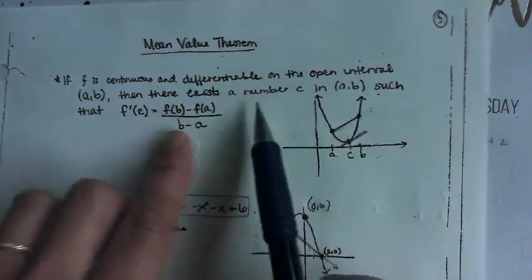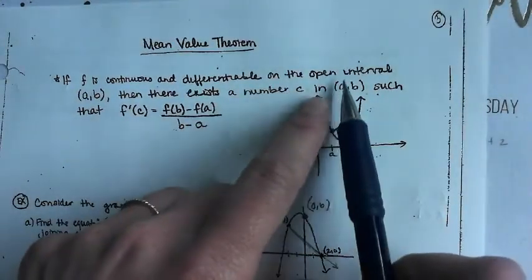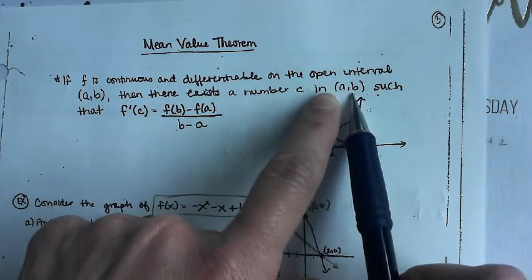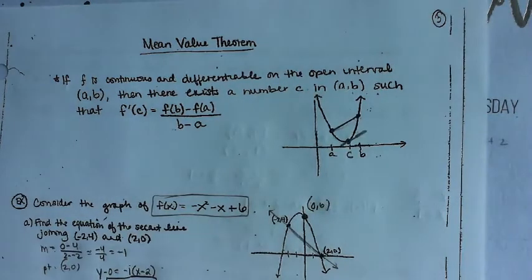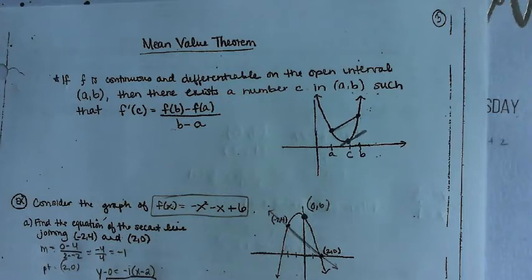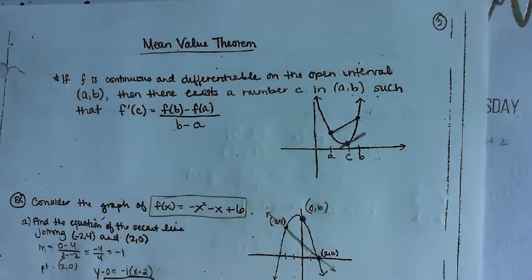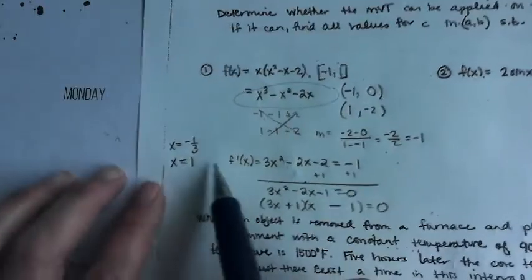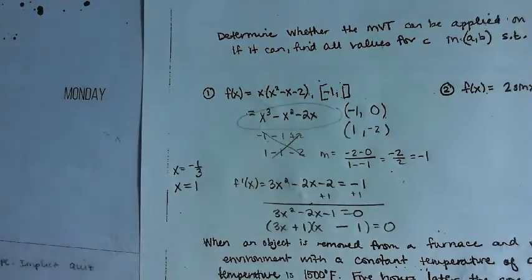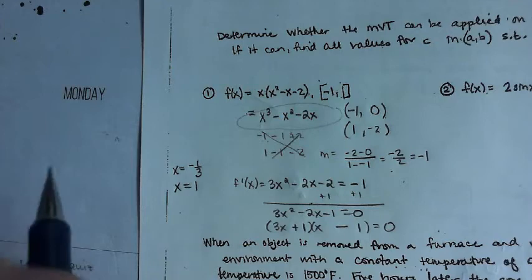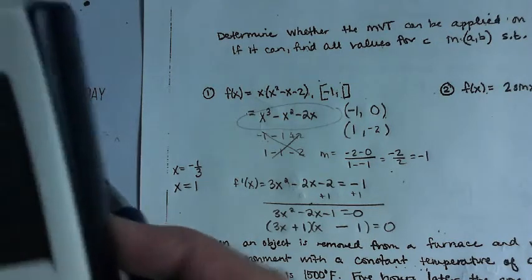And if you look at the mean value theorem definition, it says there exists a number c in the open interval. Yes? So something between the endpoints, but not including the endpoints. And it would be kind of weird because if I graph this, your tangent line would be at the end of your interval, minus x squared minus 2x. If I look at this from negative 1 to 1,